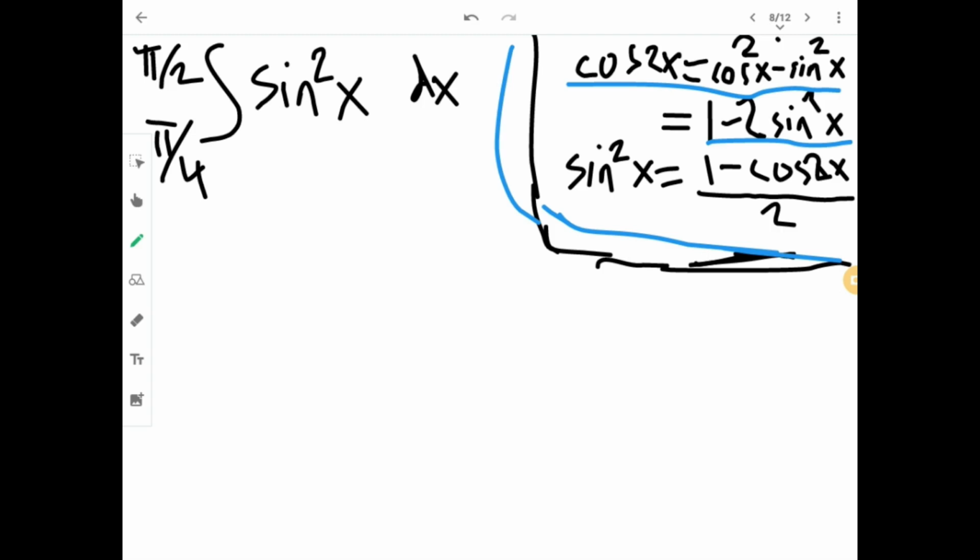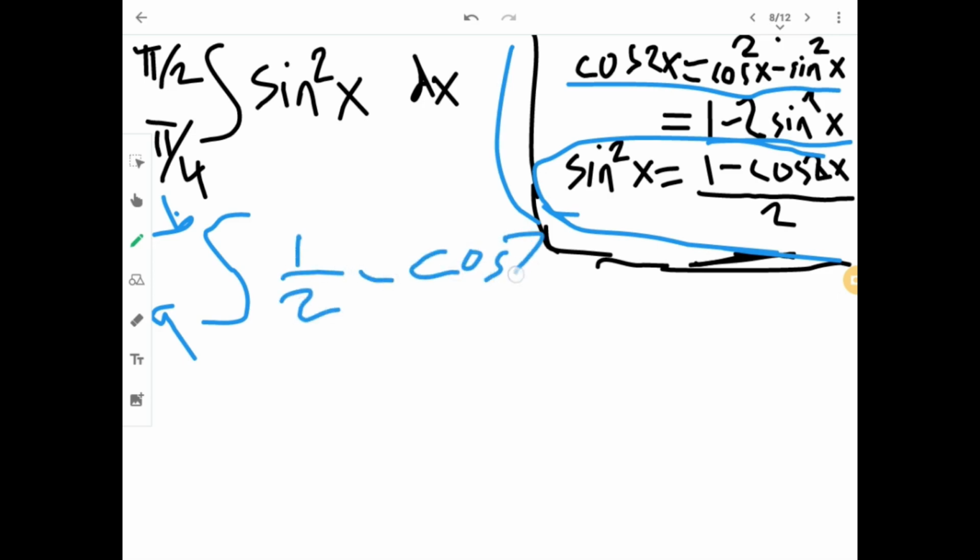You divide by minus 2, and then you get this formula. So once you do, you just substitute, so it becomes the integral from a to b of 1 over 2 minus cosine 2x over 2, then dx. Here now you just do a simple derivative, integral. So half becomes half x,